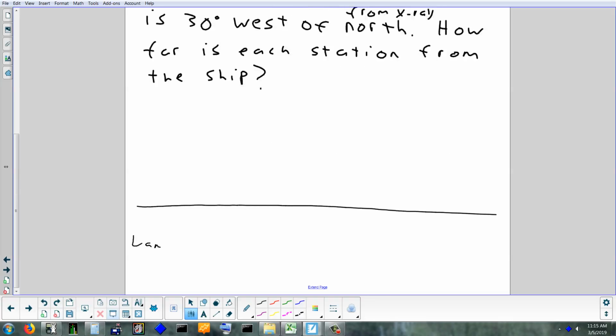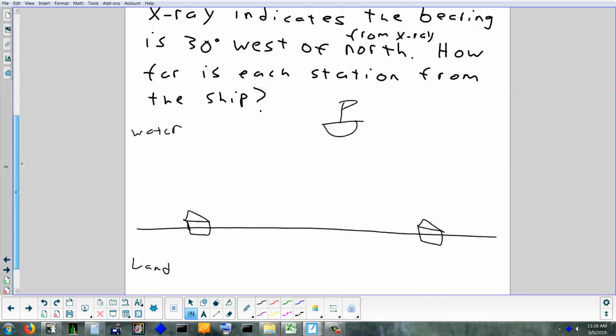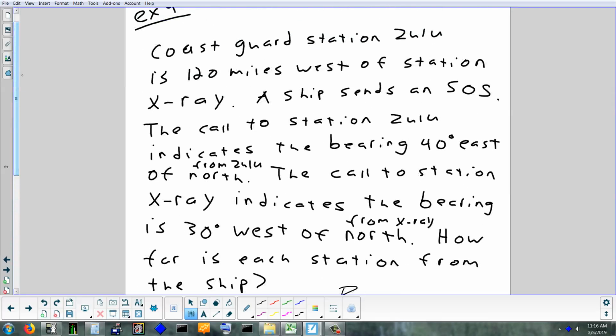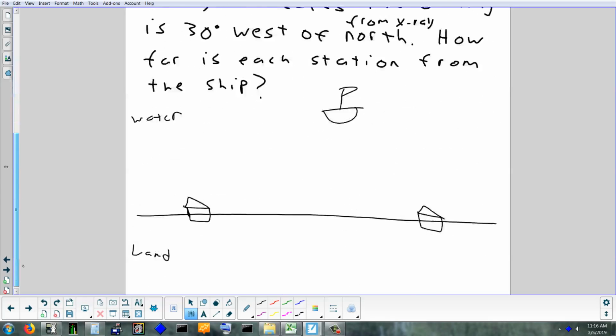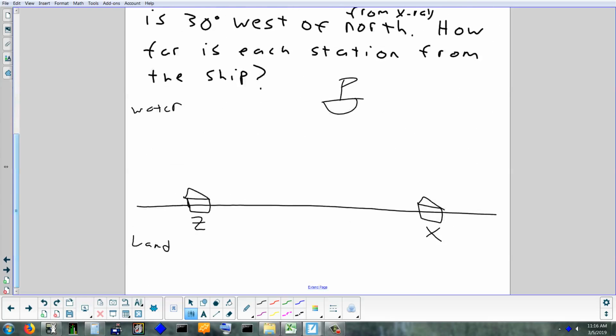Out here, this is going to be land, and we're going to have two Coast Guard stations on land. And then out above that, this is going to be water. We're going to have our boat out there. Okay, so one thing we do know is how far apart the Coast Guard stations are. How far apart are they? 120 miles, and I'm just going to call them Z and X. Z is to the left of X. So this is Z, X,